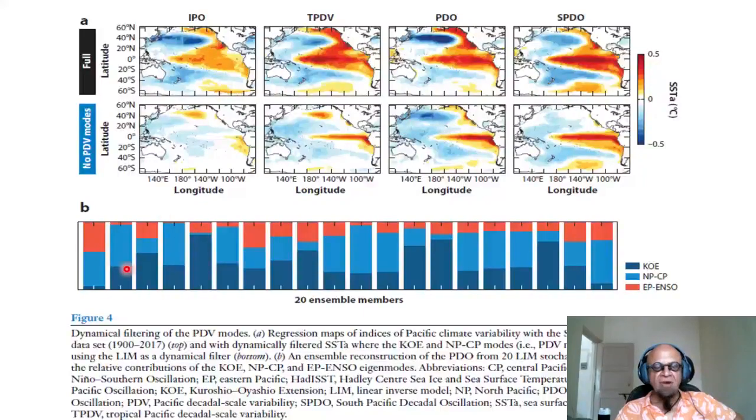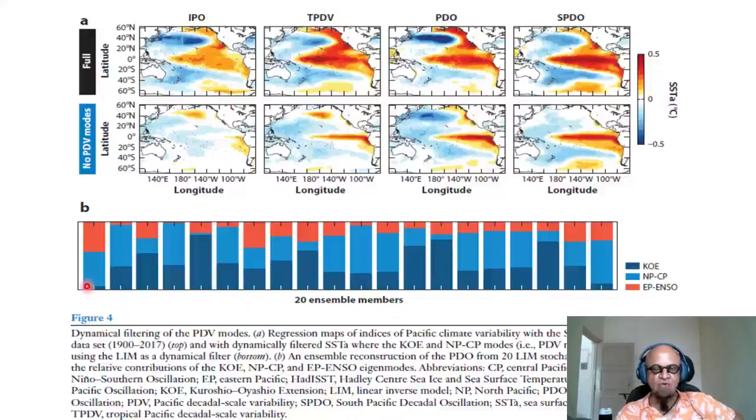So the LIM model does ensembles, so basically you do some perturbations and try to see how the different modes are contributing to the Pacific decadal scale variability. So this is an ensemble reconstruction of the PDO from 20 LIM stochastic simulations showing the relative contributions of KOE, NPCP, and EP-ENSO eigenmodes. So basically, we talked about during TPDV whether PDO or TPDV can be just a superposition of El Nino and La Nina, but this would argue that there are more complicated contributions. You have to go and read why